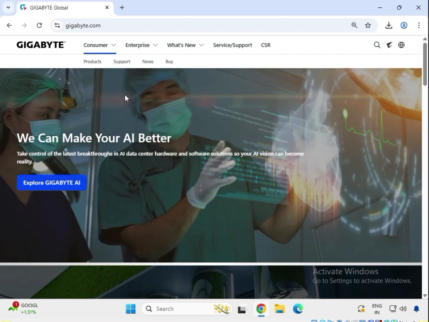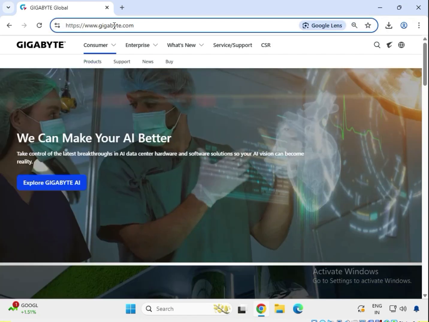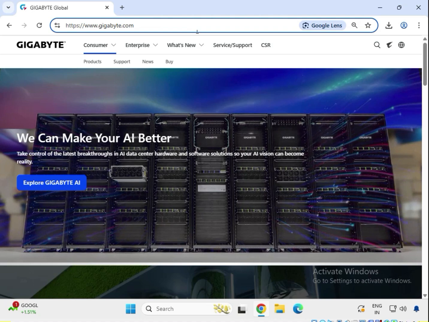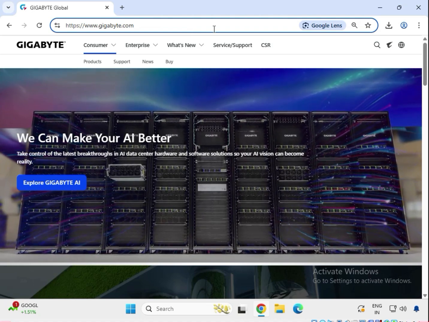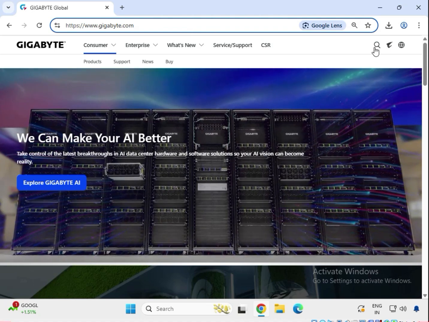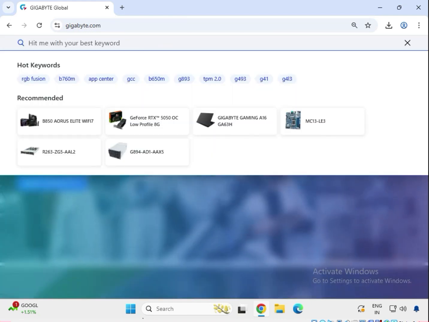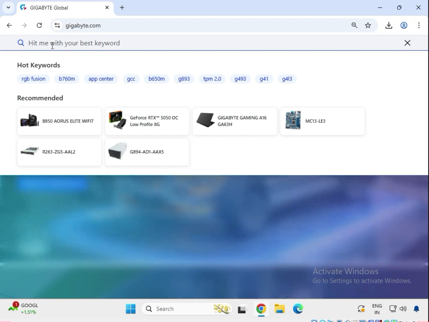So first you have to come to this website, www.com. This is the official website where you can download the driver. Then you can see this is the search button. Then enter the model number of the motherboard